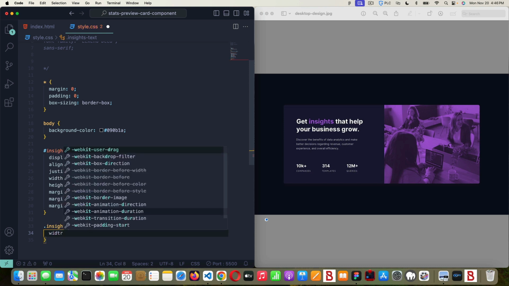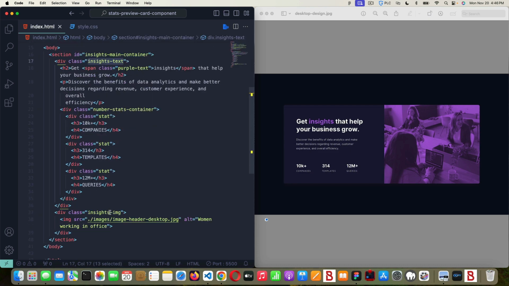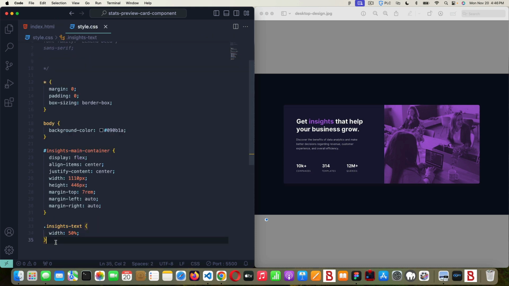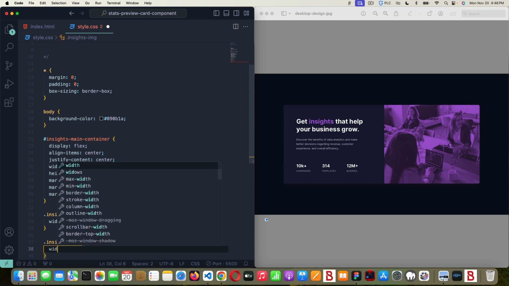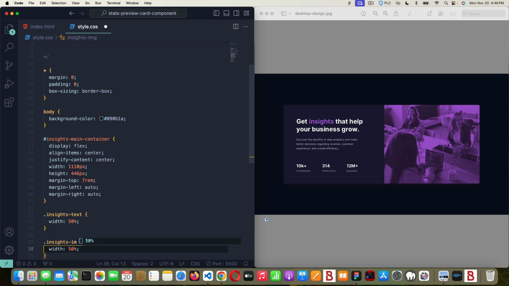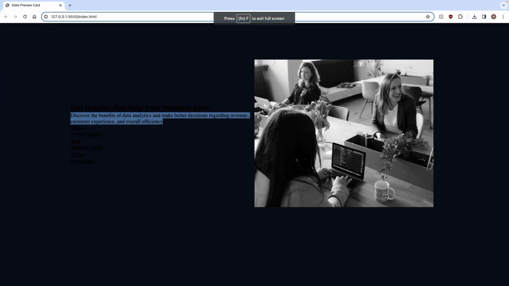So I'm going to say width 50%. So we're making this part 50%. And then let's select the image right now and just make that width 50%, so they're 50-50 already. So we'll say Insights image. Width 50%. Cool. Okay, so that didn't really do anything too noticeable to our design, but it made these like little imaginary boxes where they're side by side now equal width. Okay,